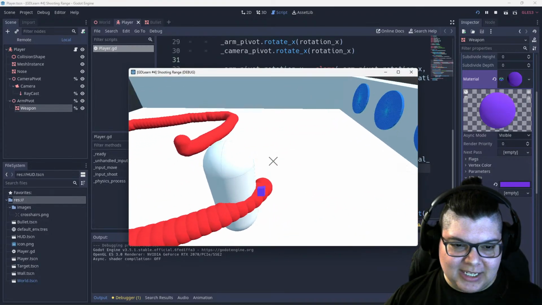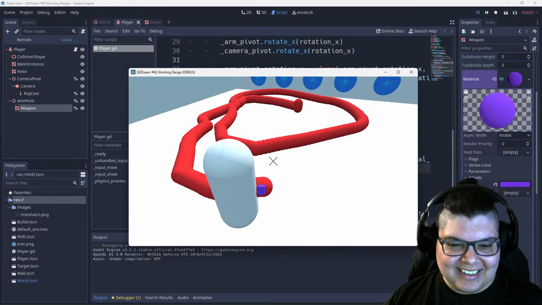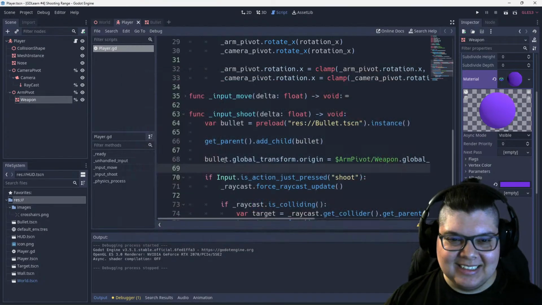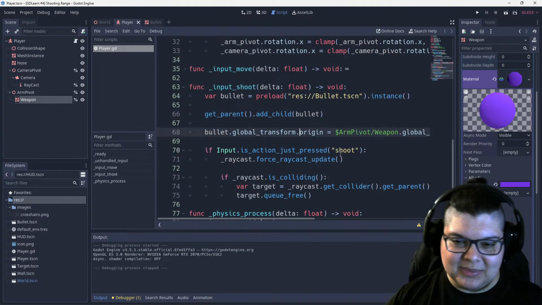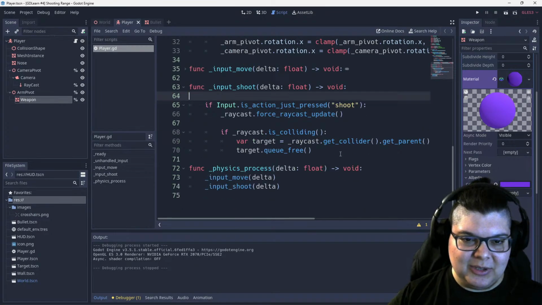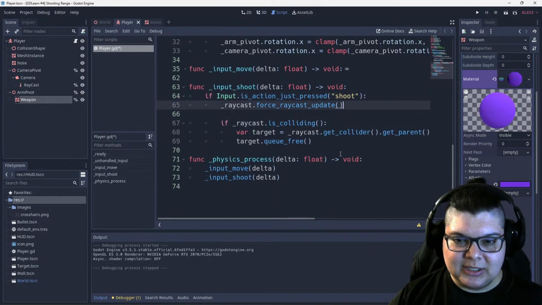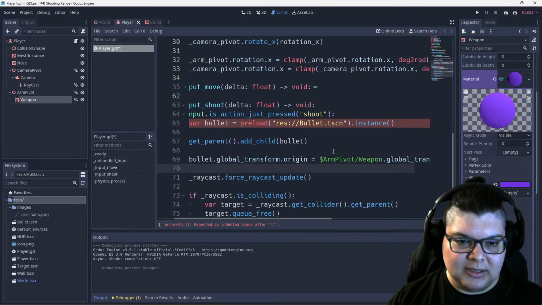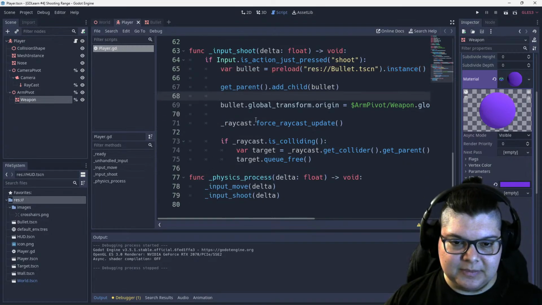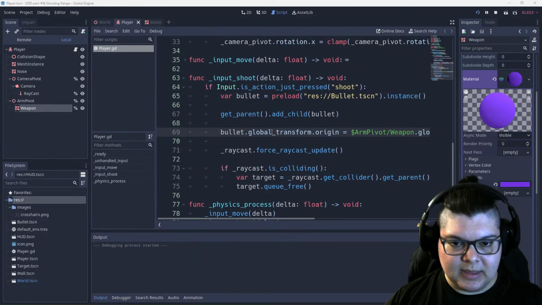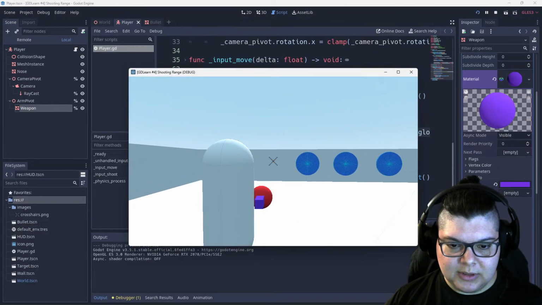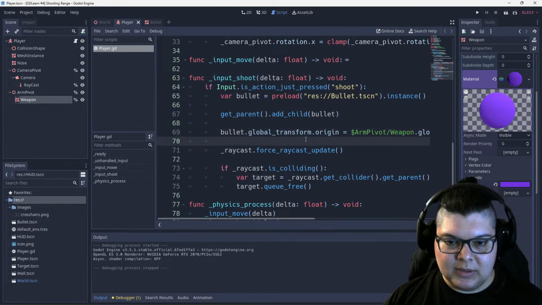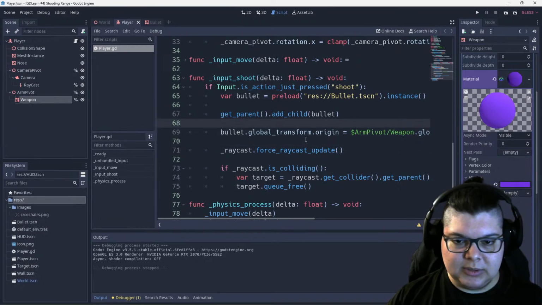Whoa, that is a lot of bullets. That is not exactly what I wanted to happen. But okay. I'm stupid. I'm only gonna do this if you're shooting. There you go. So now when you shoot, yeah, but I want the bullet to go towards the target now. Okay, so